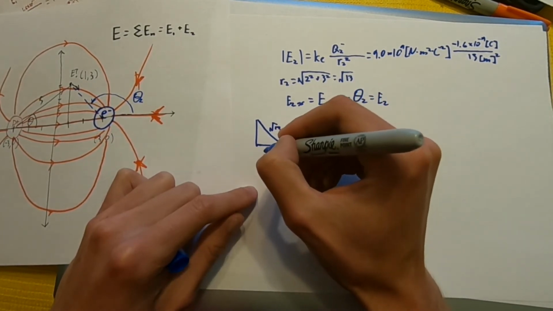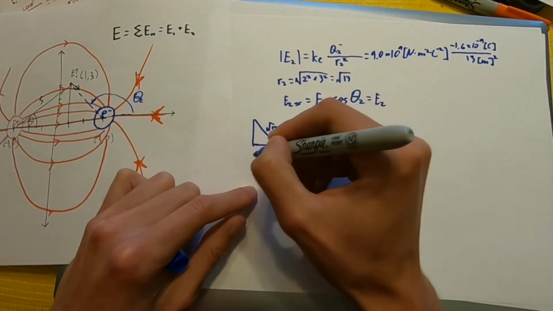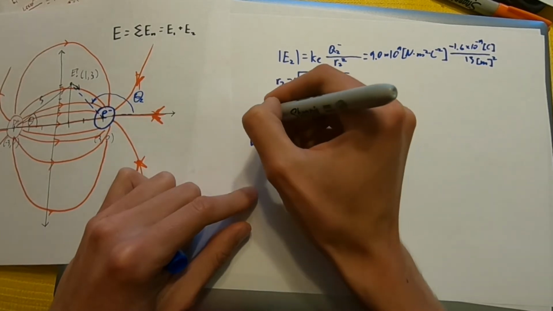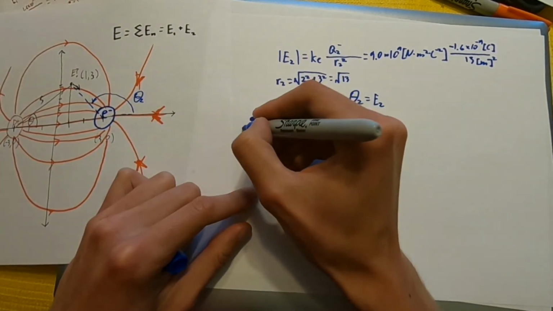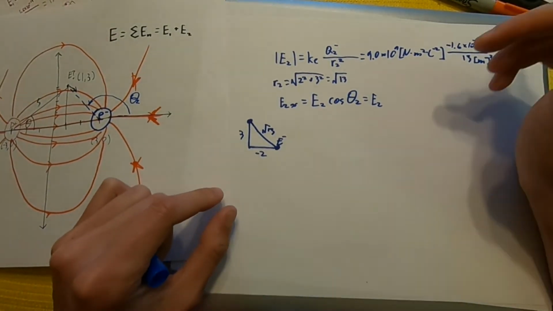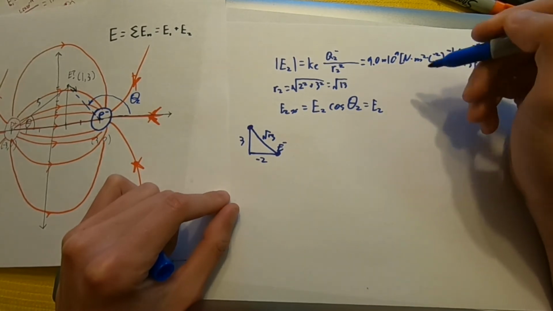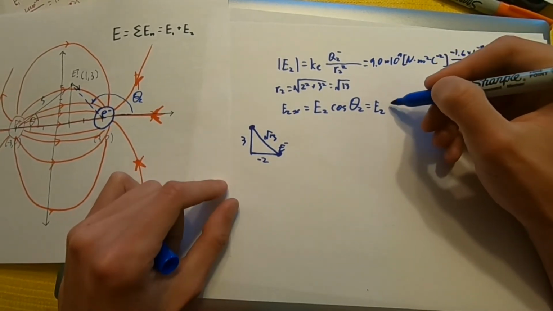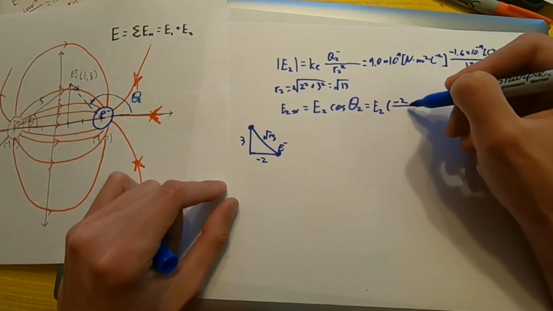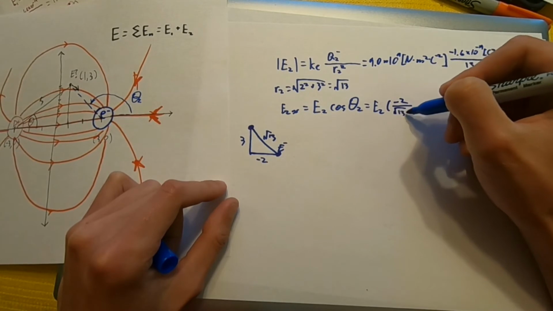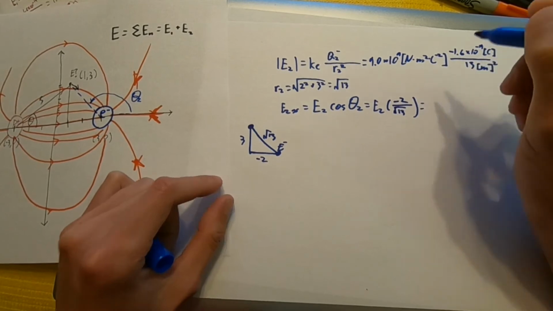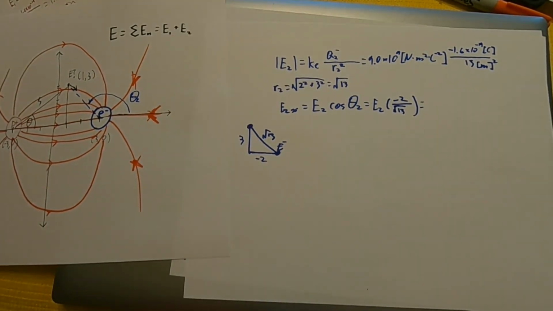So we're going to have a negative 2 because we're going back from our electron. This is our point in space here. But then we're still going to have a positive 3 here. All right, so when we're drawing out our cosine equation, we're going to basically just draw E2 times negative 2 over our root 13. Okay, so that's going to be equal to